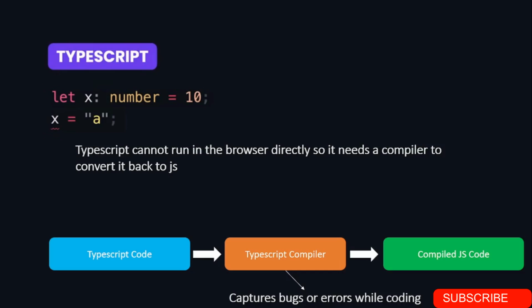One thing you have to understand about TypeScript is that it cannot run in the browser directly, so it needs a compiler. TypeScript is simply in between to give us static checking, but you know very well the browser understands only three languages: HTML, CSS, and JavaScript, not TypeScript. So TypeScript has to be compiled. You write your TypeScript code, then it runs through a TypeScript compiler, and it compiles all your code back to JavaScript, meaning that TypeScript is only there to discipline us as we are writing our JavaScript. That's the only thing it does.